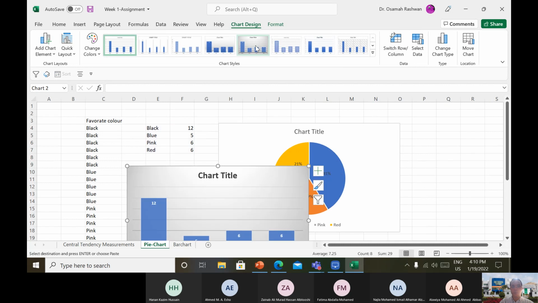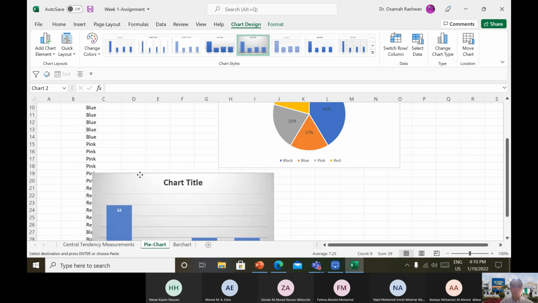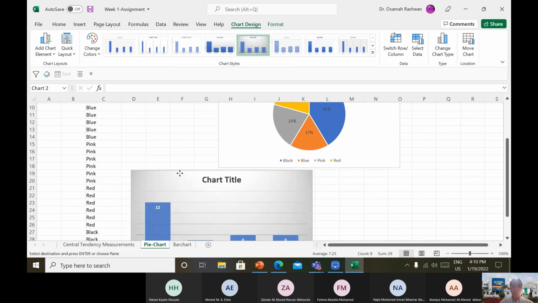You can use whatever you like here. I prefer to have the frequency in the column up here, right? So the quantitative data and qualitative data can be represented by bar charts, but I prefer the qualitative data